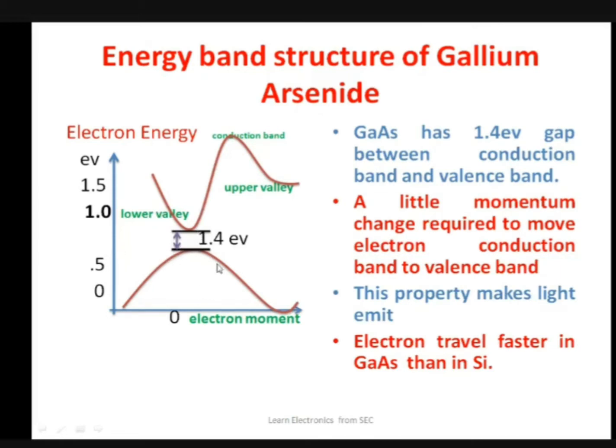So from higher to lower, whenever it is moving like that, energy will be dissipated in the form of light. Okay, so gallium arsenide is the material used to have something in the form of light here. So this property makes it interesting. So further, wherever photosensitive devices are there, we see that gallium arsenide material will be used.